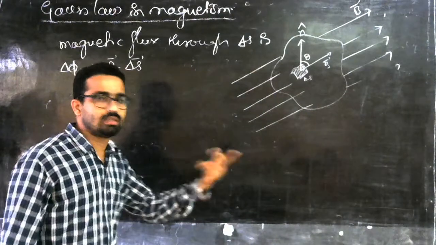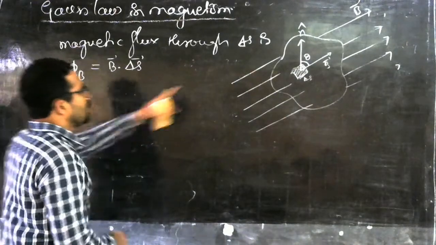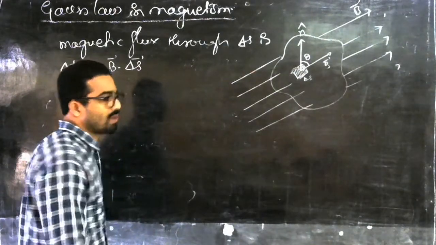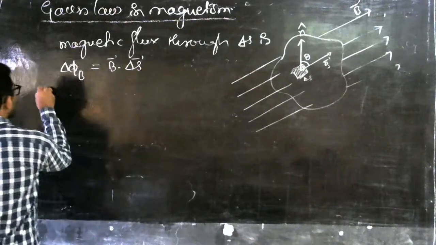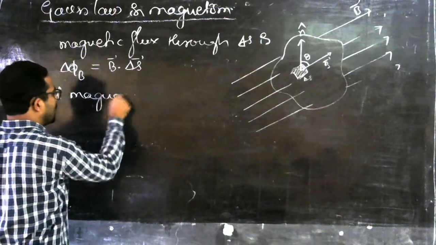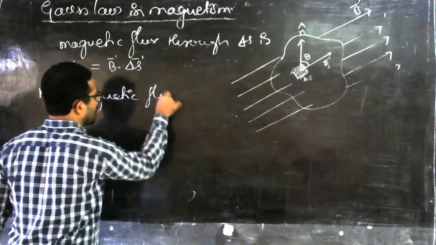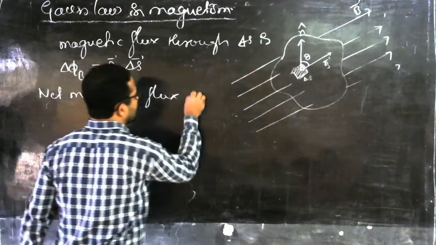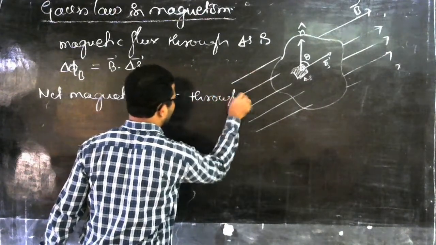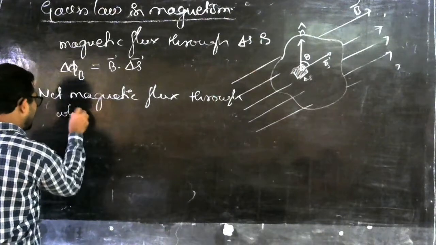So let me write the summation here. What I am trying to find here is the magnetic flux through the whole area. So net magnetic flux through the whole area